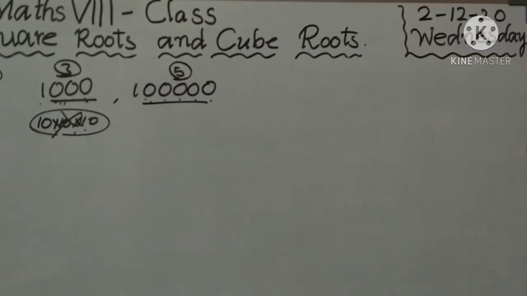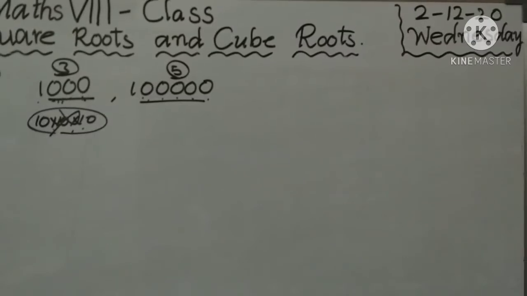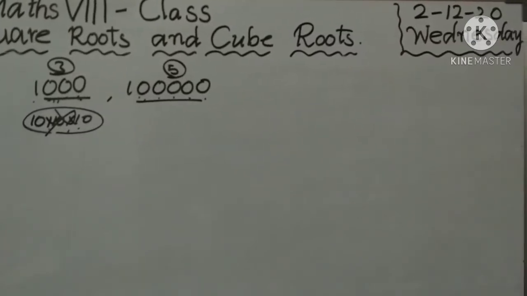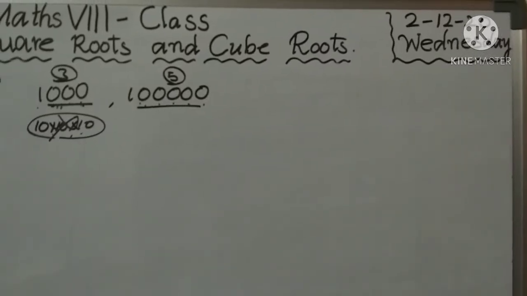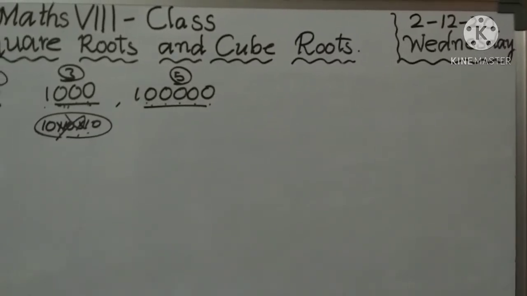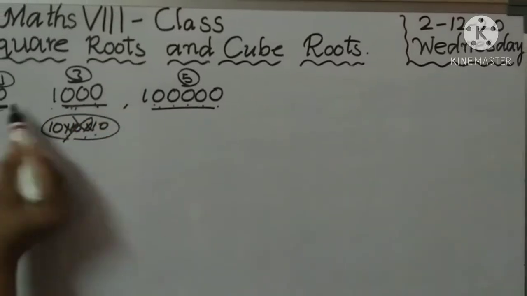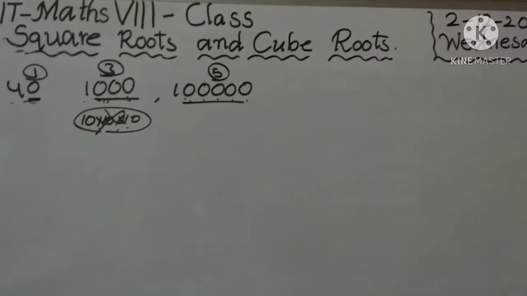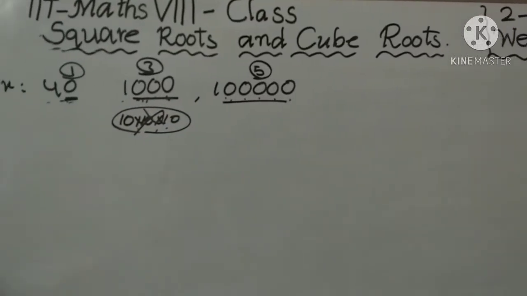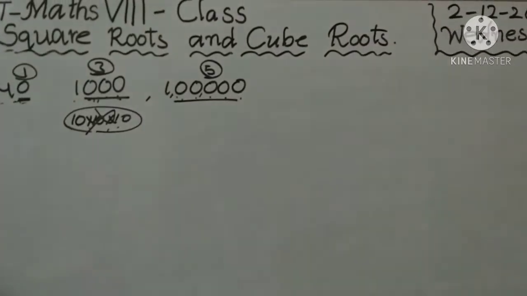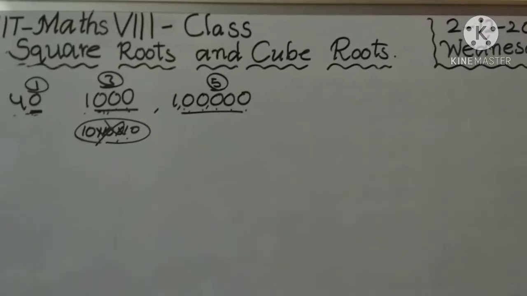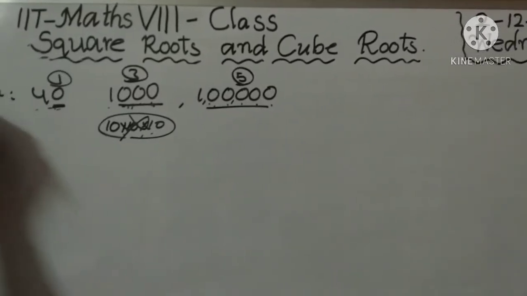Okay children, did you understand? You have to take any type of number whose ones place has an odd number of zeros. Odd means 1, 3, 5 like that. An odd number of zeros, that is called a not perfect square number. 40,000 and 1 lakh are here. So these are not perfect square numbers. Okay, this is the third property.